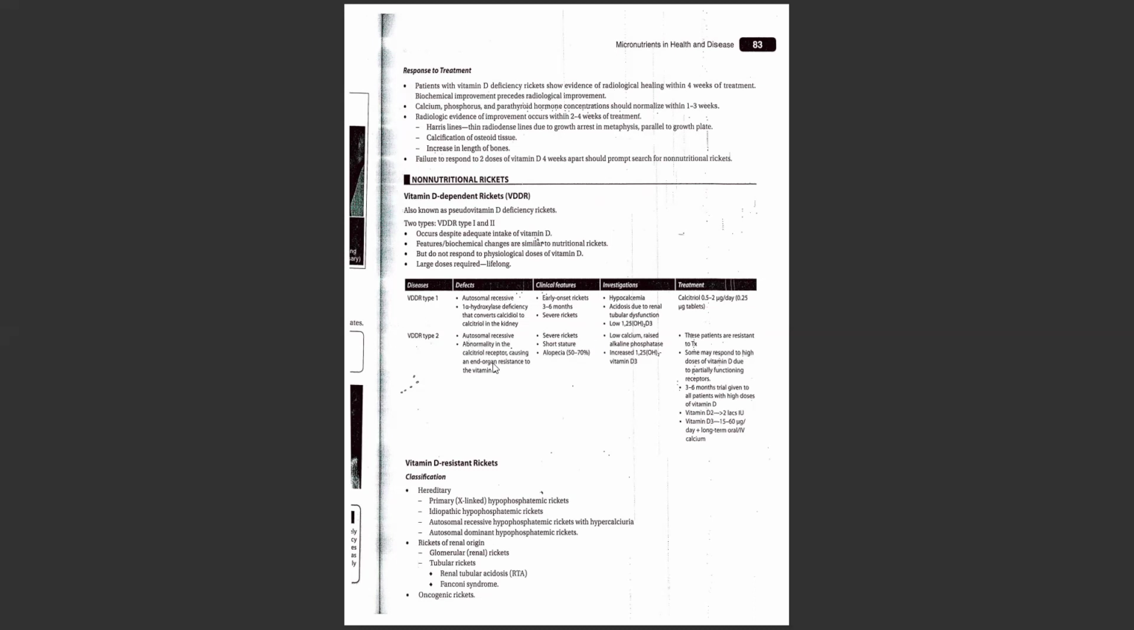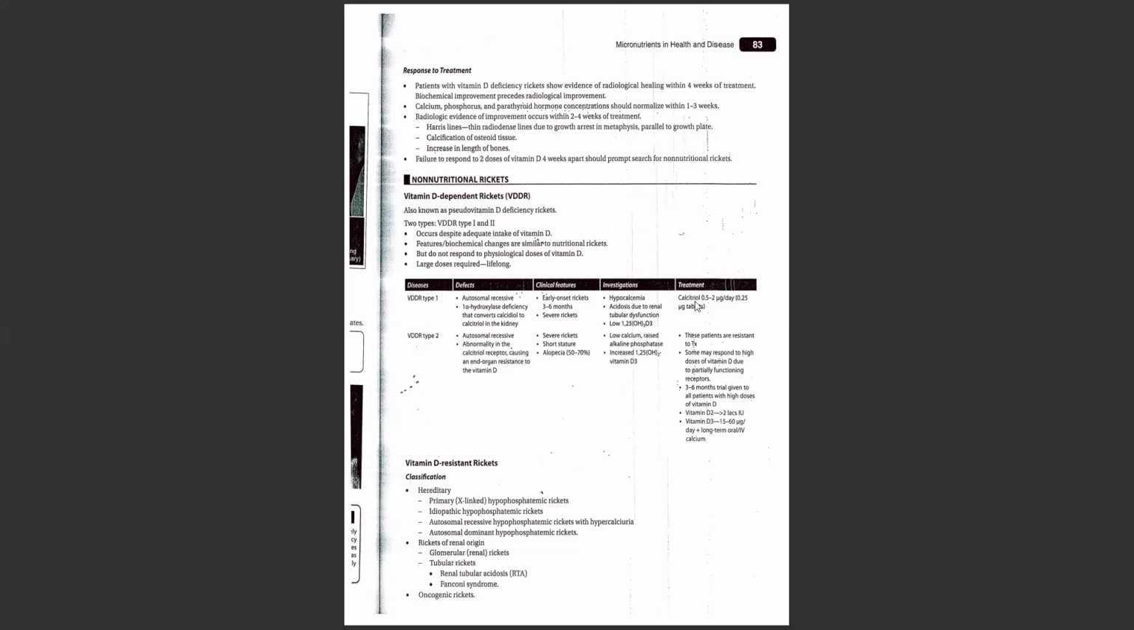And how will you investigate each type? In type 1 cases, we investigate the calcium level. There will be hypocalcemia and acidosis due to renal tubular dysfunction, and also low 1,25 dihydroxycholecalciferol. In type 2, there will be low calcium, raised alkaline phosphatase, and increased 1,25 hydroxy vitamin D3. So to differentiate, in type 1 there will be low 1,25 dihydroxycholecalciferol, but in type 2 there will be increased 1,25 dihydroxy vitamin D3